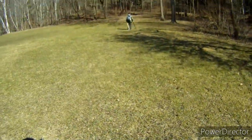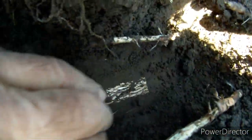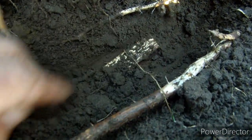Hey folks, check this out. I hope you can see in there. I had to leave that. That looks like an old pocket knife. I scraped it with the shovel, so it...